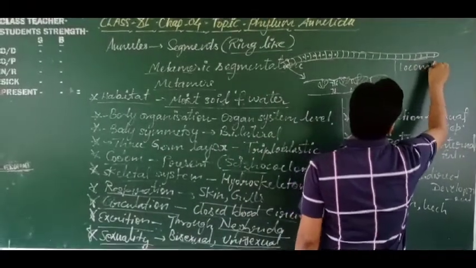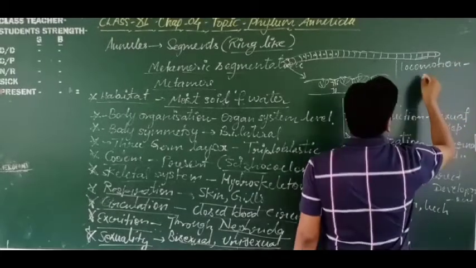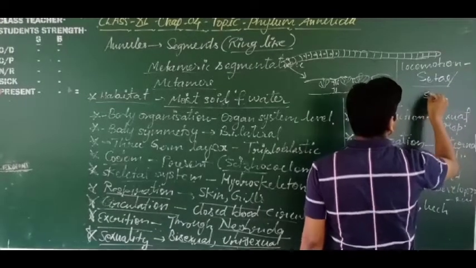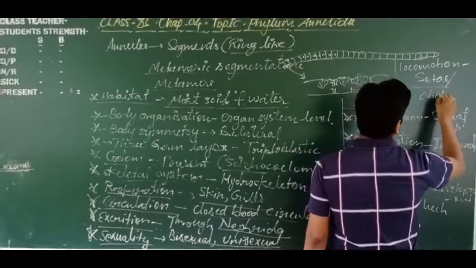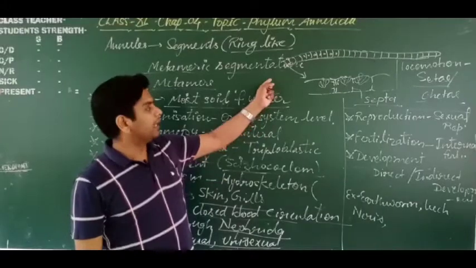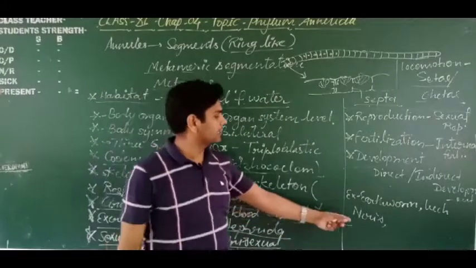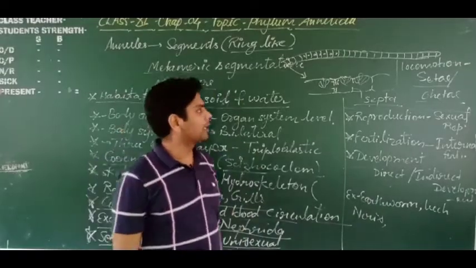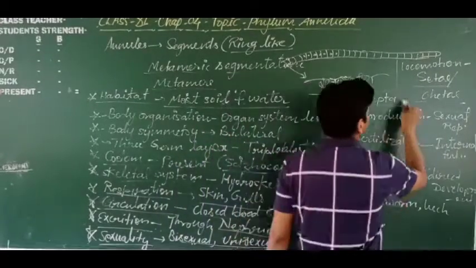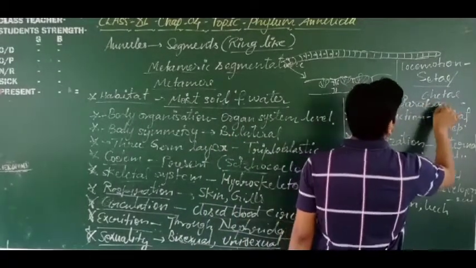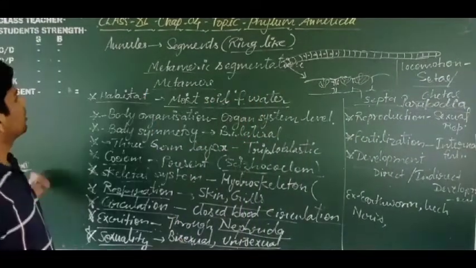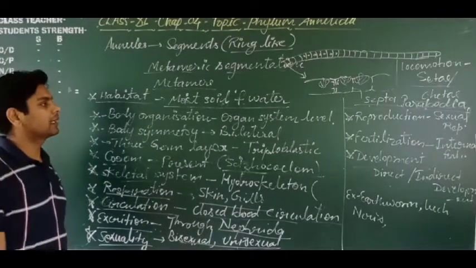So locomotion occurs with the help of CT, or sometimes these are written as KT. So KT or CT are the locomotory organs of earthworm. Got it? And in other organisms like Nereis, the parapodia are the locomotory organs. So in earthworm the locomotory organs are CT and KT, but in Nereis they are parapodia, which are the locomotory organs or appendages. Got it? This is all about the phylum Annelida we have discussed.